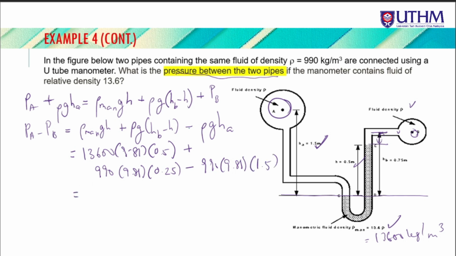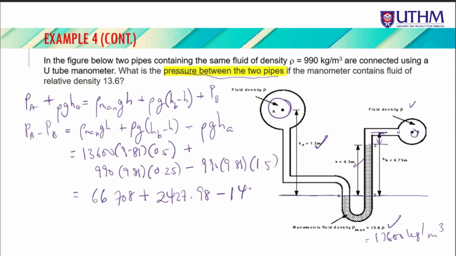Okay, so kita kira sekejap. 13600 kali 9.81 kali 0.5 equals to 66,708, and then plus 990 times 9.81 times 0.25 equals to 2427.98, minus plus 990 times 9.81 times 1.5